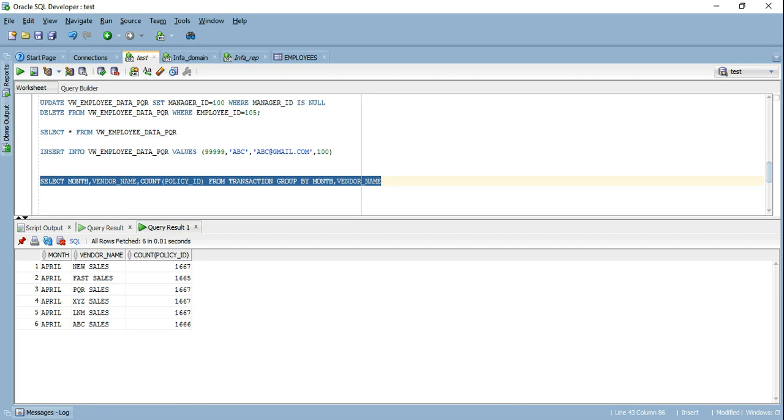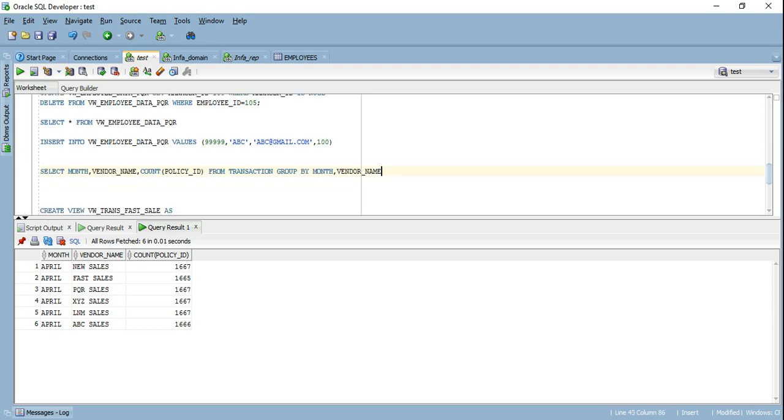Now another thing he wants to do is add another table, say the employee table. This is vendor level data. These vendors will have further employees that are selling those policies. Or he wants to add the product table.